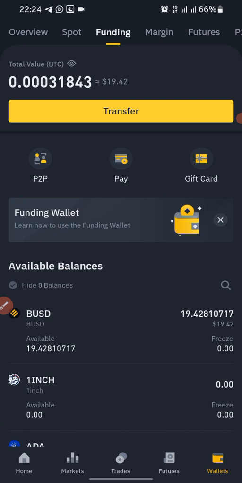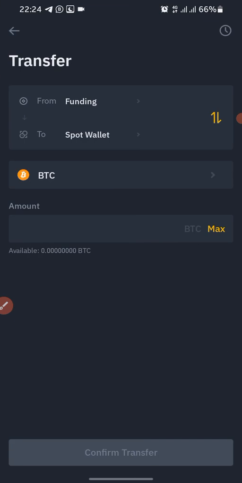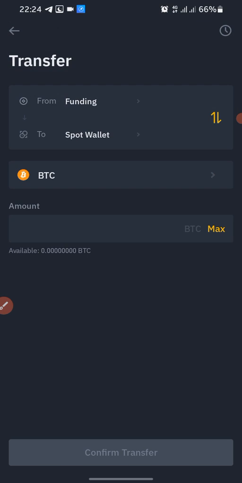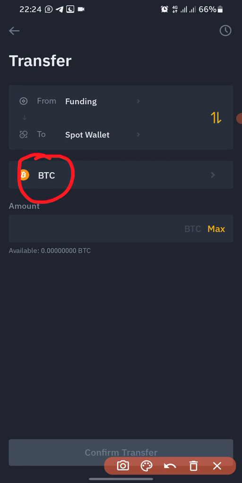All you need to do is click on transfer here, and you leave it at funding to spot wallet. Then you click here to select the coin that you want to move.